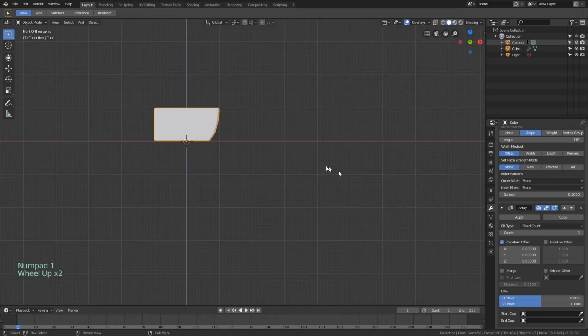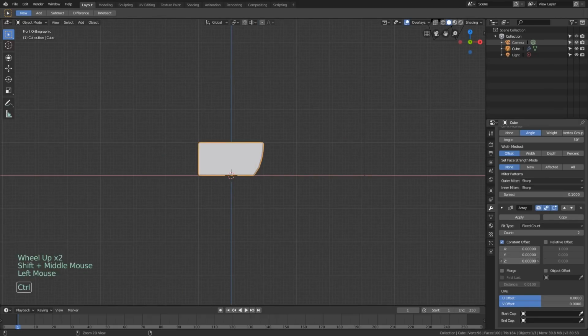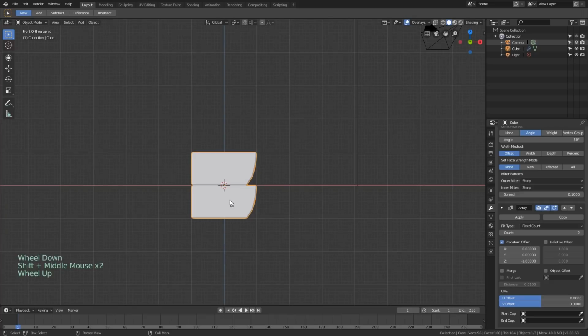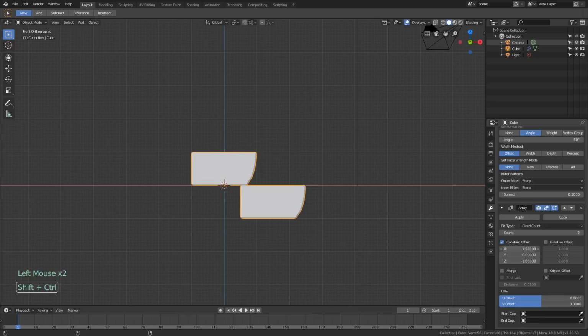I'm going to go into my side view so I can see a little better what's going on. Let's move it one unit down, and again, this is a good reason to kind of stay constrained to your grid here. You don't have to, but it just makes things a little easier. And then we need to move this over. I'm just going to go about 1.5 units. So we've got a little bit of an overlap there.